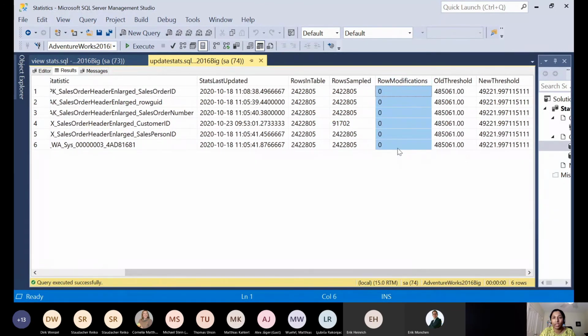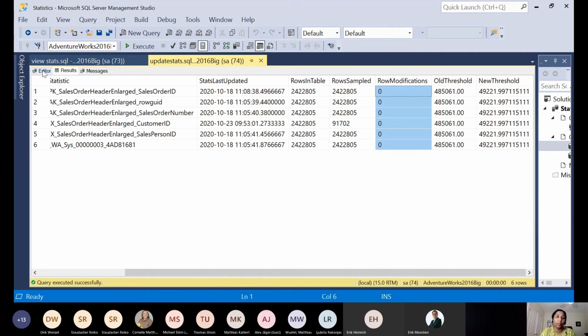These are the row modifications. We did not modify any rows, that's why they show as 0. The old threshold shows that we have to modify 485,000 rows for auto update stats to kick in. And the new threshold is way smaller, just 49,000 rows. Now we did not make any modification.